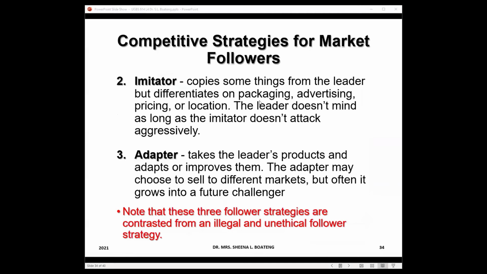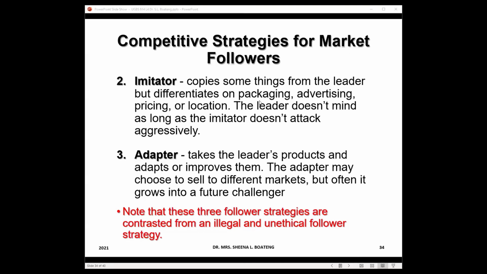Similarly, the market follower could be an adapter, where they can take the market leader's products and adapt or improve upon them, right? And once they improve upon the market leader's product, they can decide to either sell it in a different market or grow this particular product to become a challenger in future. And that is where, because they have improved upon what the market leader already has, they are in a strong position to aggressively attack the market leader with the possibility of taking over their place in that particular sector or